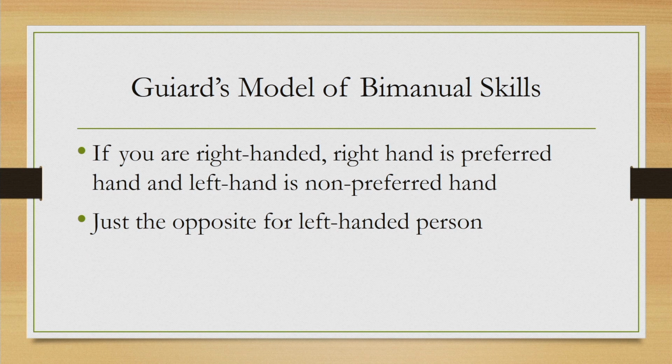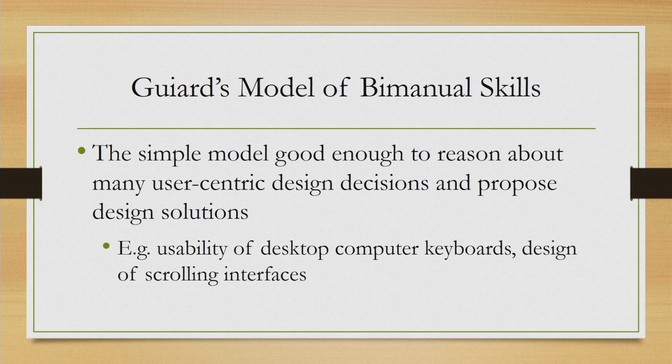Now, what is the idea of this preferred and non-preferred hand? If you are a right-handed person, then your preferred hand is the right hand and left hand is your non-preferred hand. And if you are a left-hander, then it is just the opposite. So, to recollect, suppose you are a right-handed person. So, your preferred hand is the right hand and your non-preferred hand is the left hand. So, intuitively, when we perform some task with our right hand, we assume that there is no role played by the left hand. But what this model tells us is that that is not the case. Both preferred and non-preferred hands have roles to play.